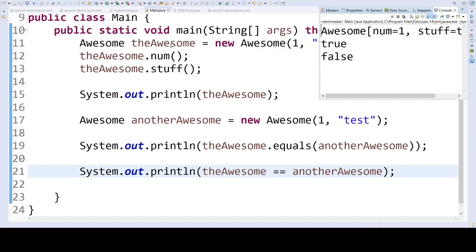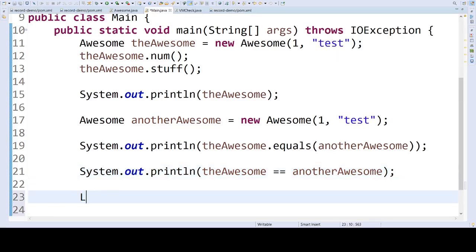These are still two distinct objects, and if you were to hook a debugger up to this, you would see two objects on your heap. So these aren't being inlined or anything like that. Behind the scenes, these are still objects referenced on your heap. They have different hashes, if you were going to look at that. So with that knowledge, what would happen if I were to take a list of awesome? I can curate lists.